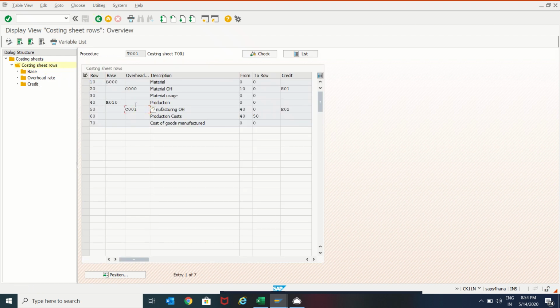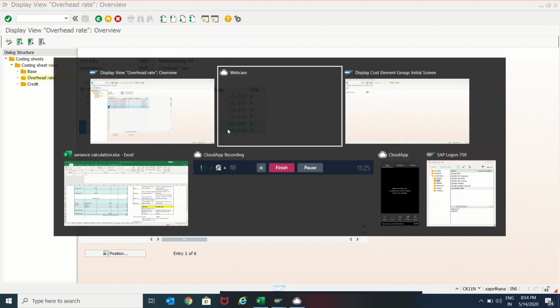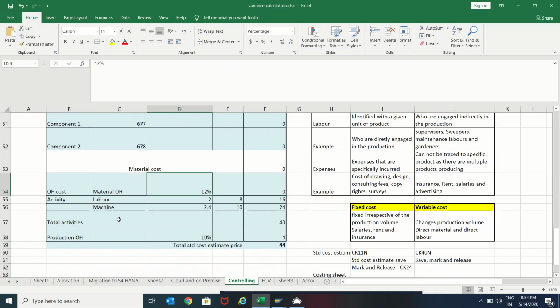On this production cost, we have manufacturing overhead or production overhead. So again here we can see what is the overhead we have maintained. Here we can see there are two things, one is actual and two is plan. So here the plan production overhead is 10 percentage. I have maintained here production overhead plan is 10 percentage.